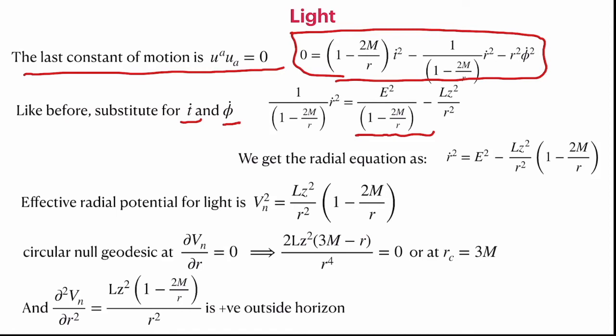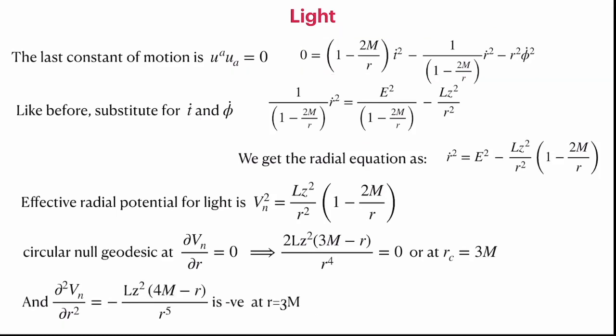So this being equal to 0 simply means that r_c is equal to 2m. That means when r is equal to 2m, you can have a circular null geodesic. Let's look at the stability of this equation, and we see that when this derivative is taken, all we get is (1 - 2m/r) times r squared.